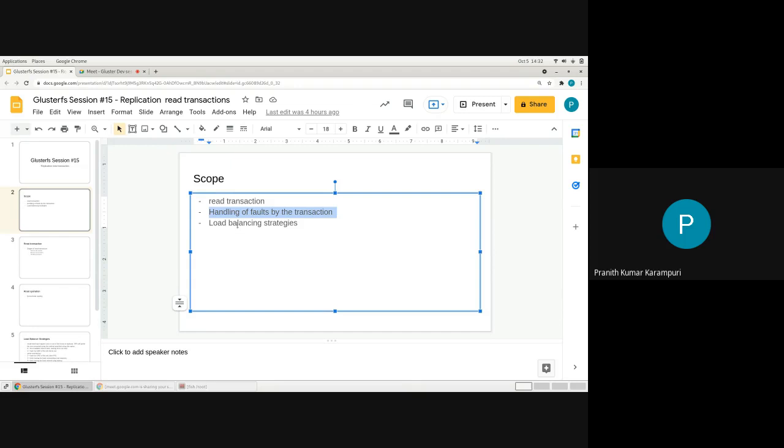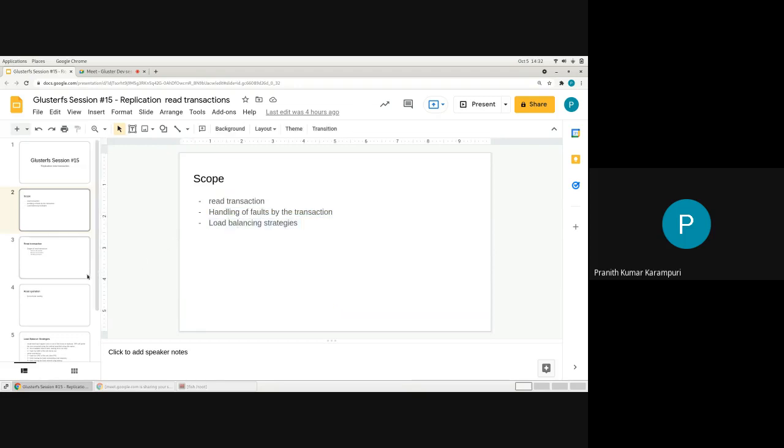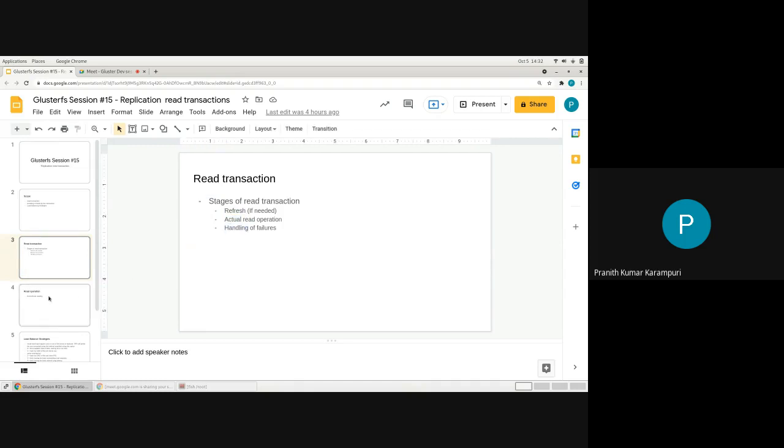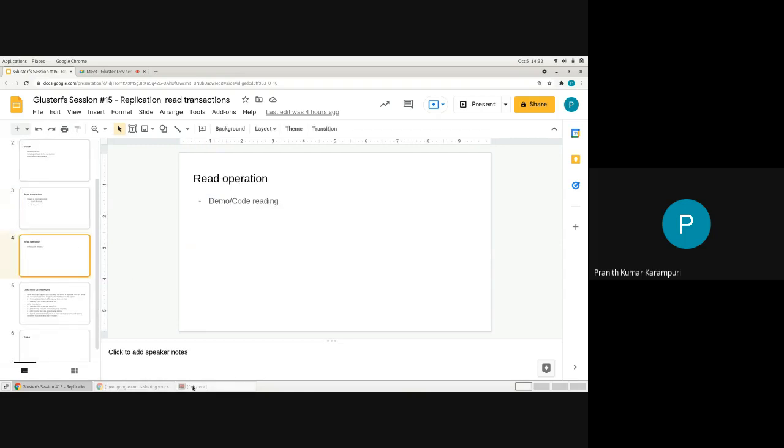Then, how will you load balance the reads, and how will you make best use of the available resources that you have? These 3 are the main things that will be covered in the rest of the session. I have already mentioned the refresh that may happen, the actual operation, and then the handling of failures. So let's look at the code.